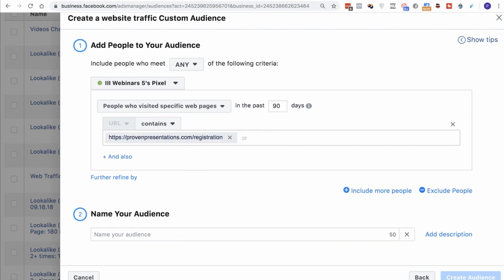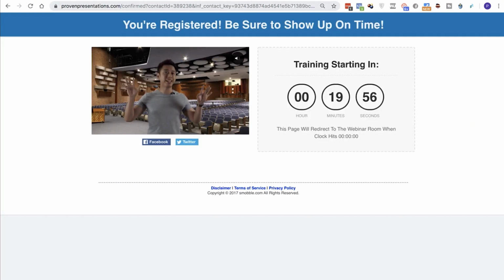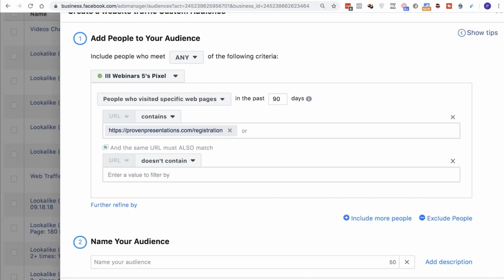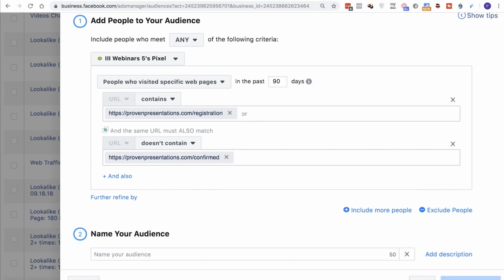Now, what I'm telling Facebook is this: if they have visited this page and they didn't go to the next step of my sales process, which is basically this, then help me create this custom audience. Okay, now, what does this mean? Now think about this. Do you think it's